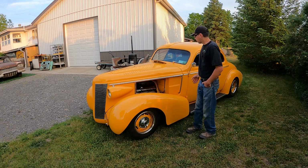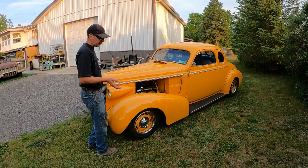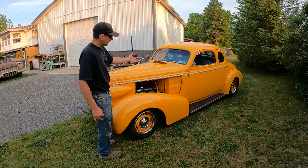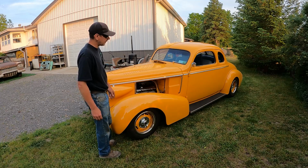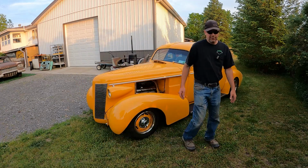So we'll probably see it on the channel. I don't know if this year I'll be doing much. Probably the rear end I'll start with first, then work forward with the engine, stuff like that. But I do want to put some more miles on it. I have some oil leaks, some coolant leaks I've got to fix. I took it to cruise night the other night, so I put a few miles on it this year already. But I'm definitely going to pull the rear end out of it, fix that, and be able to use it